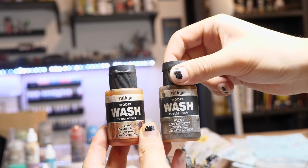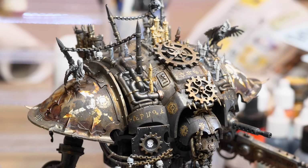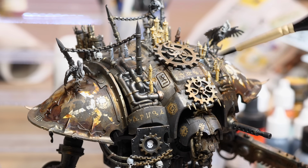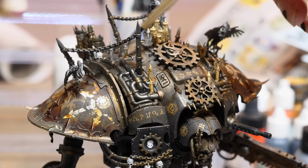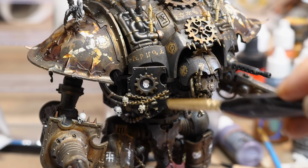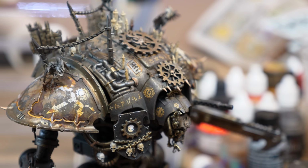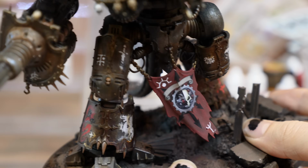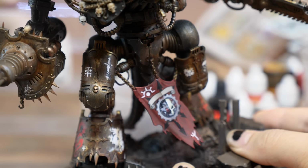Anyways, here's our old friend Vallejo acrylic wash back for another round. I painted the candles of pure Wraithbone first and then started covering them completely in this stuff. The orange and brown mixed together make a really nice natural feeling candle color. And while I was at it, I applied the same texture to the skulls. To create rust stains that are very bright, I mix a little bit of bright, almost fluorescent orange with white, and you can see that it dries into this...